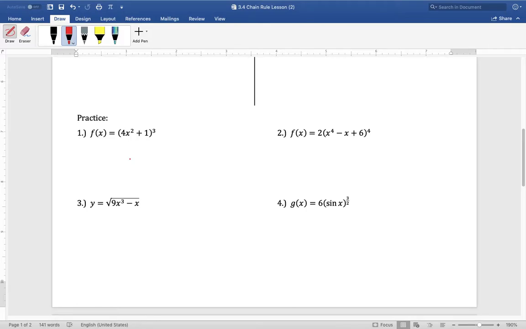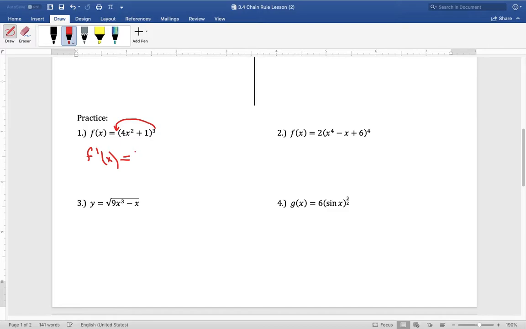We'll do some chain rule with this next problem. And again, the chain rule is pretty much your power rule, but when you're doing your power rule, you just have to always be aware of what's on the inside of the function. So if I were to look at (4x squared plus 1) to the third, we're going to take this exponent, multiply it out in front, so we have f prime of x